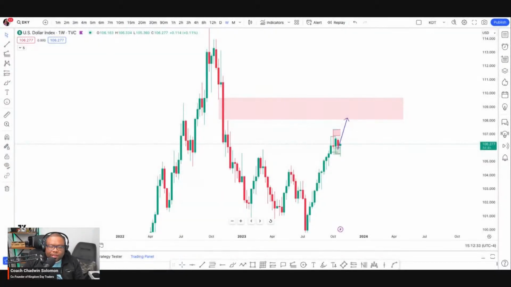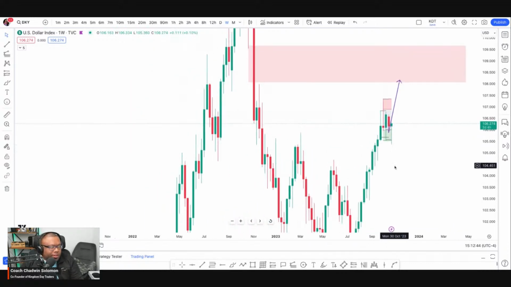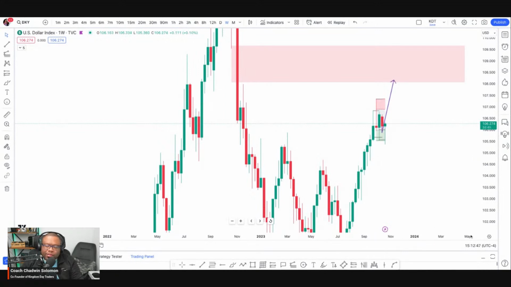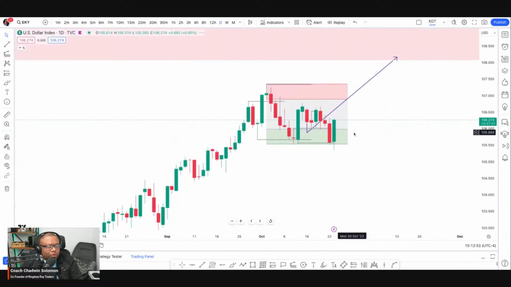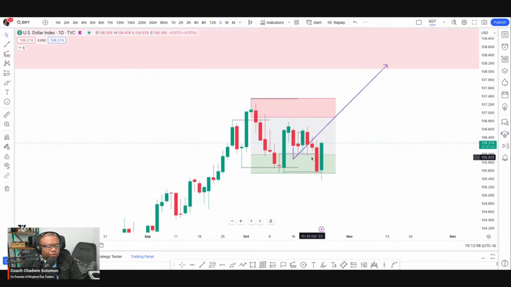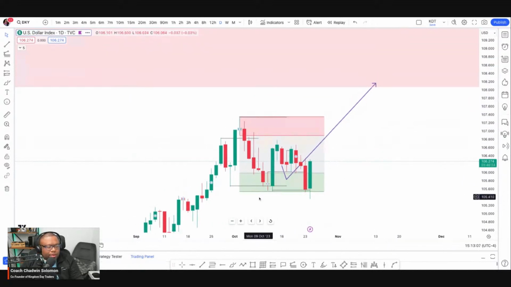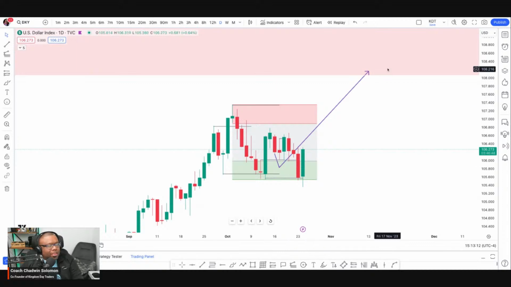First things first, let's have a look at the DXY, the dollar index. I've still got some old drawings on the chart here, which is good because it gives us a perspective of the last thing I did in this group, where I spoke about where I think price will be going. We did dip a little lower, and I'm going to explain this in the context of EU as well. I was looking for a move from around this little green area over here. We dipped slightly lower than my arrow, and now we're pushing up. At this point, I'm still expecting higher pricing.